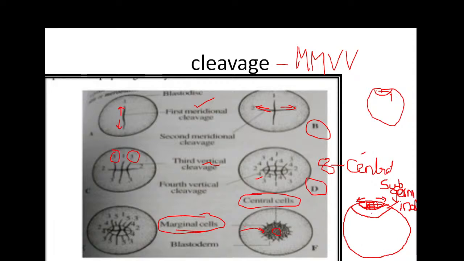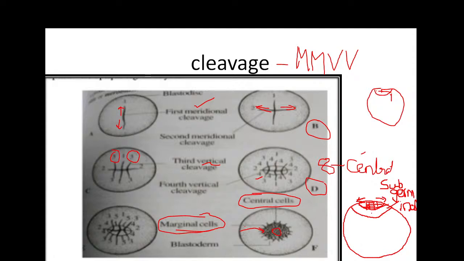The first cleavage is meridional, the second meridional, the third is vertical parallel to the first cleavage, and the fourth is also a vertical cleavage. As a result, in the central region the cleavage is very fast and results in the formation of central cells, and the peripheral layer cells are called marginal cells. The marginal cells keep in contact with the yolk and provide nourishment for the